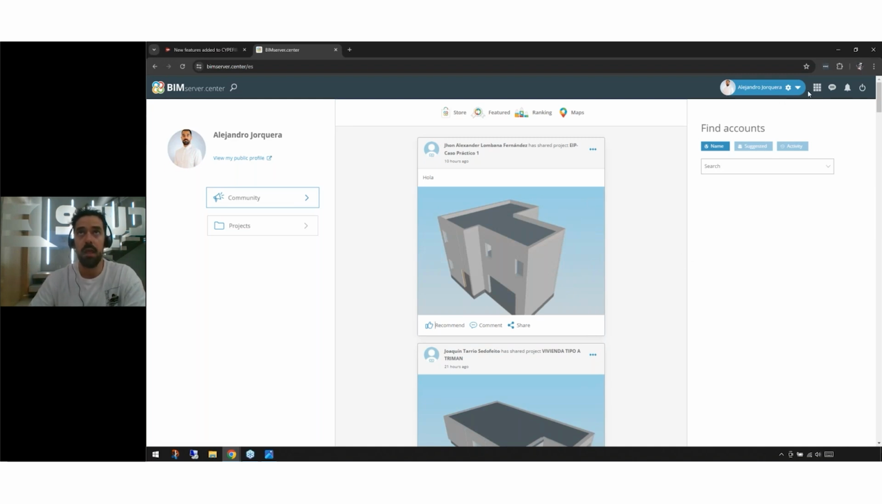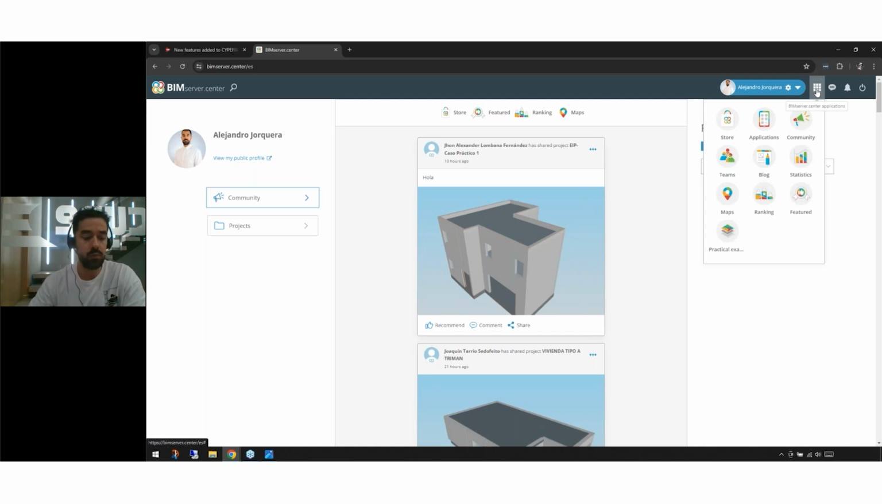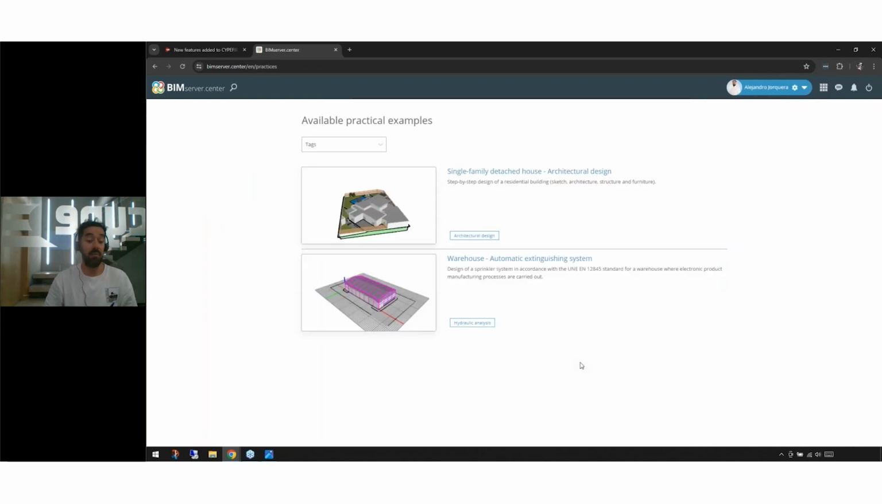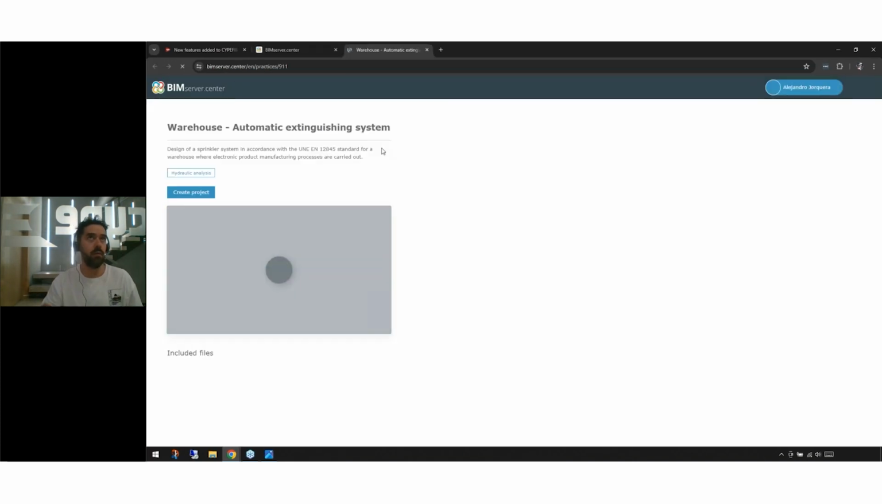One thing that I believe is really interesting, if you are a new user of BIMserver, or you don't have much information to work with, is the practical examples that allow you to create a project really easily with some of these models, which in this case are a warehouse and a single family detached house. It creates a project in your user account, with an architectural model and some PDFs that explain it. In this case, it's for hydraulic systems,